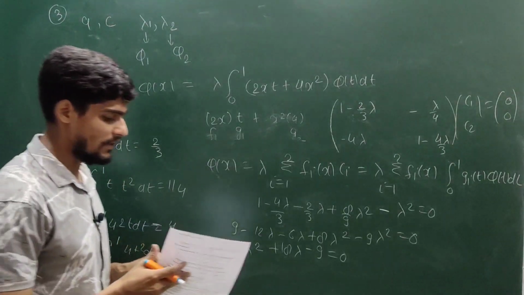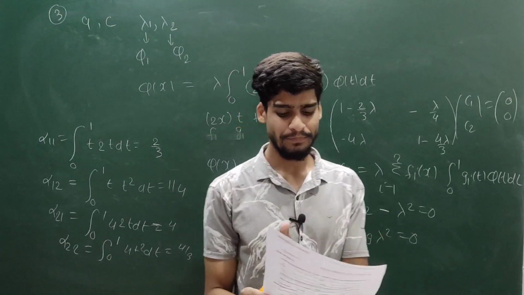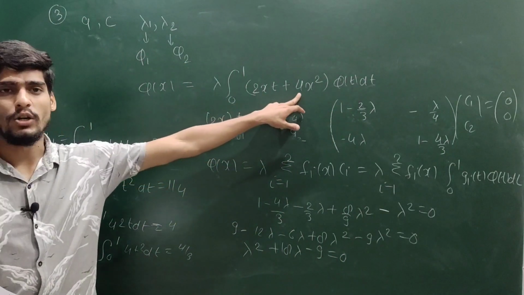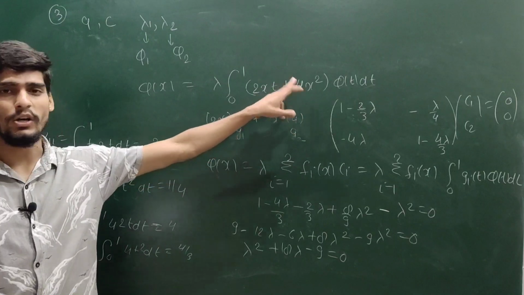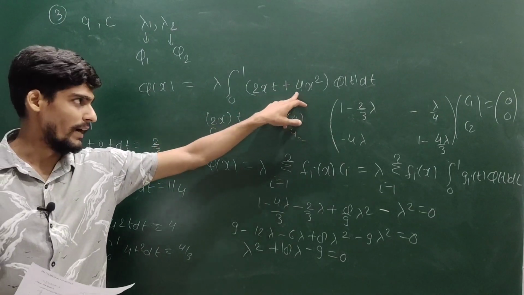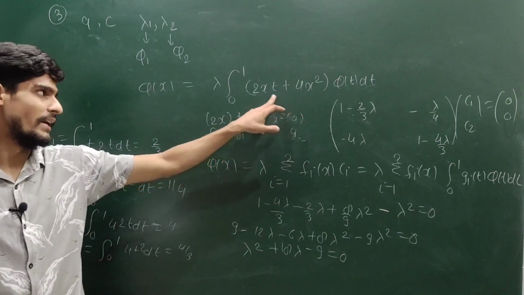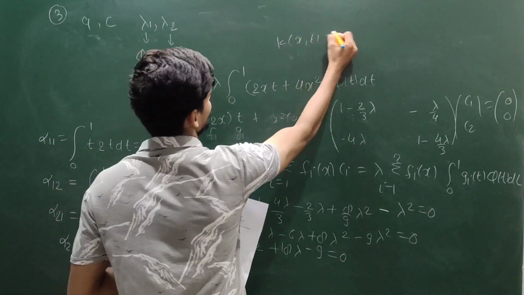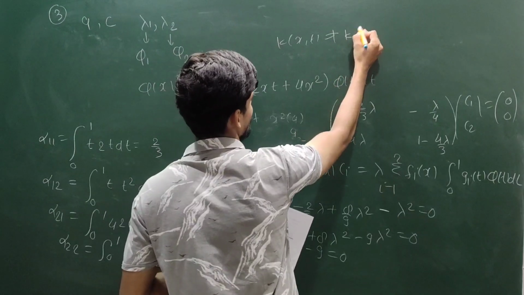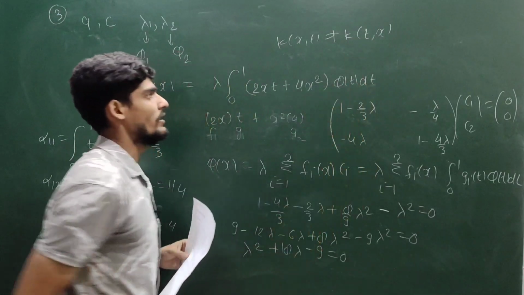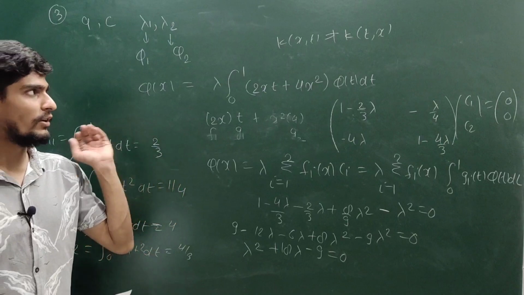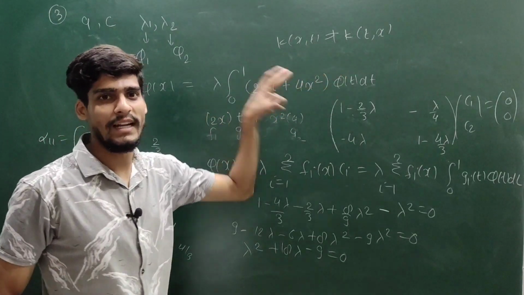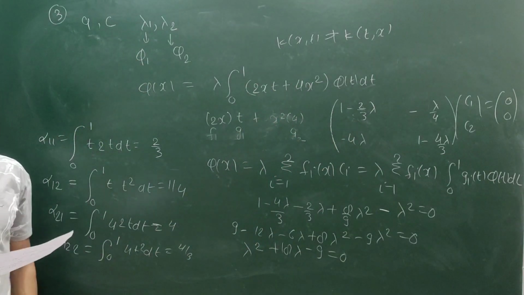They must be orthogonal, but you cannot say directly. If your kernel is symmetric, then you can say directly. But here your kernel is not symmetric. If you change your x and t, you will not get the same function, because you will get 4t square here. That is not present in kxt. So you can check your kxt is not the same as ktx. So your kernel is not symmetric, so you cannot say whether your eigenfunctions will be orthogonal or not. But if your kernel is symmetric, you can directly say your eigenfunctions must be orthogonal.